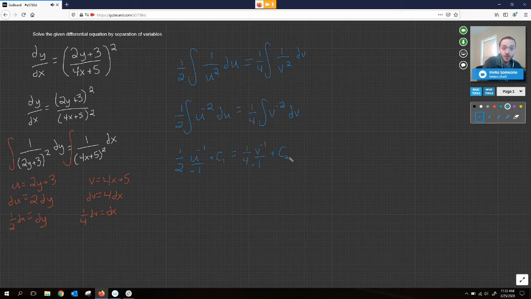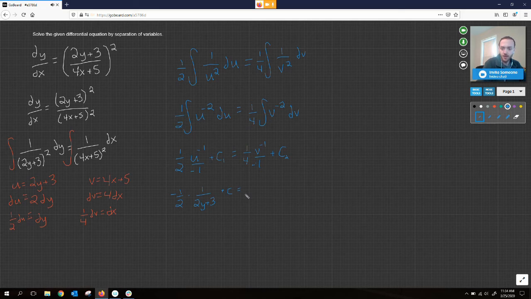All right, and then we need to turn ourselves back into x's and y's, right? Because I can't have my final answer be in these substitutions. And I'm also going to take this negative exponent and move it down to the bottom as a positive exponent. So we'll have our -1/2, from taking this -1 and moving it here with the half, times 1 over, let's see, u was 2y plus 3, plus c, equals,